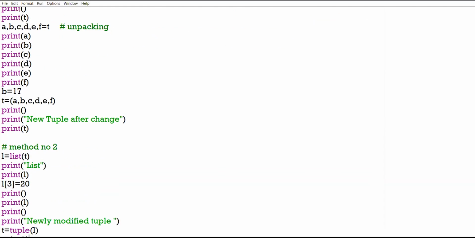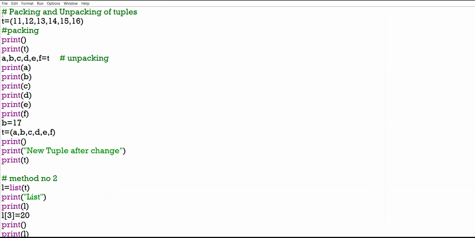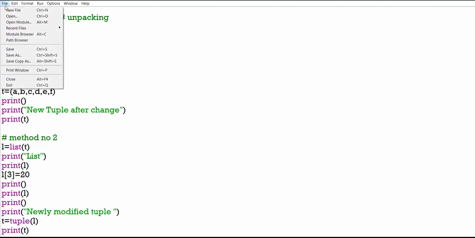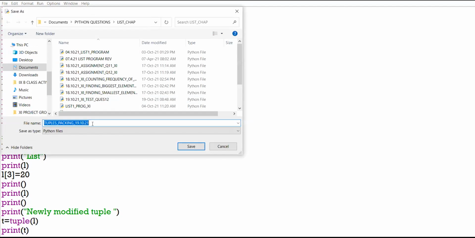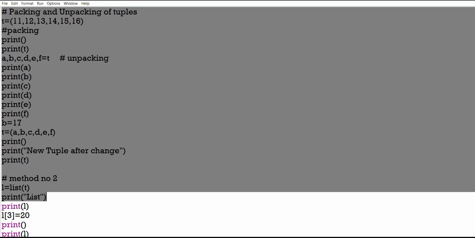Now, I create one simple program over here. Or I make another copy of it. Tuple print. I create one tuple t equal to 11, 12, 14, 16, 18, 20, 22, 23. Okay.